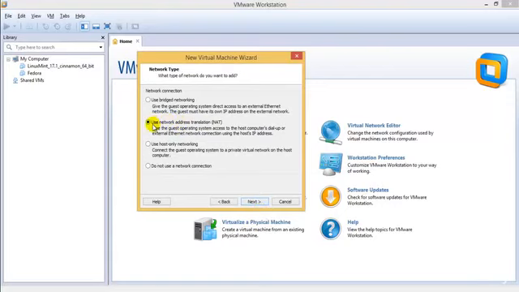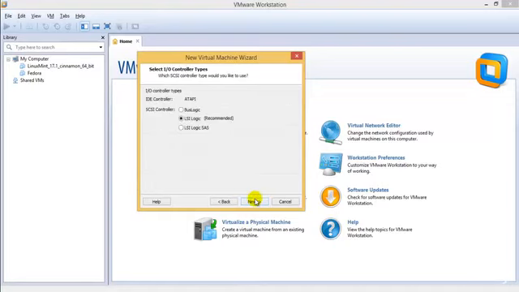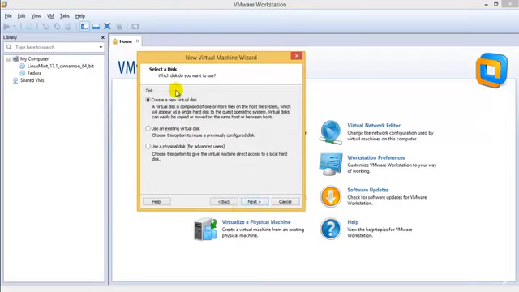So always use network address translation, that's the NAT connection, because if you use bridged networking, then the guest must have its own IP address on the external network, else it won't work. If you use host-only, then it will only connect to the host network, and as it suggests, it's self-explanatory. So we would be using NAT, since we need to connect each and every other operating system we have. Click next. We don't have anything to do with this, just click next and create a new virtual